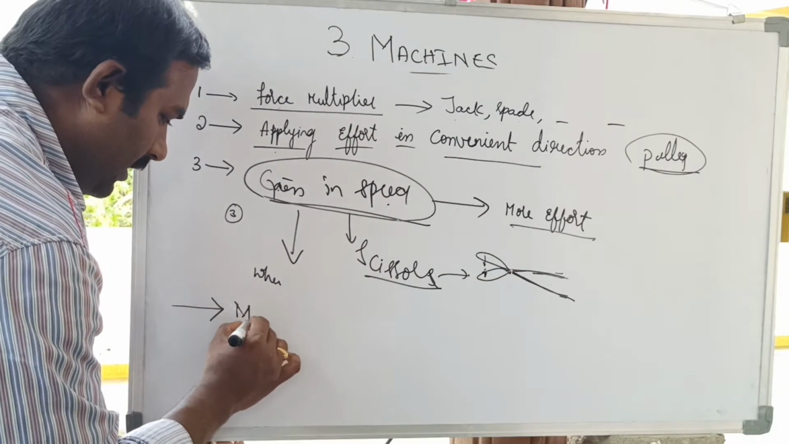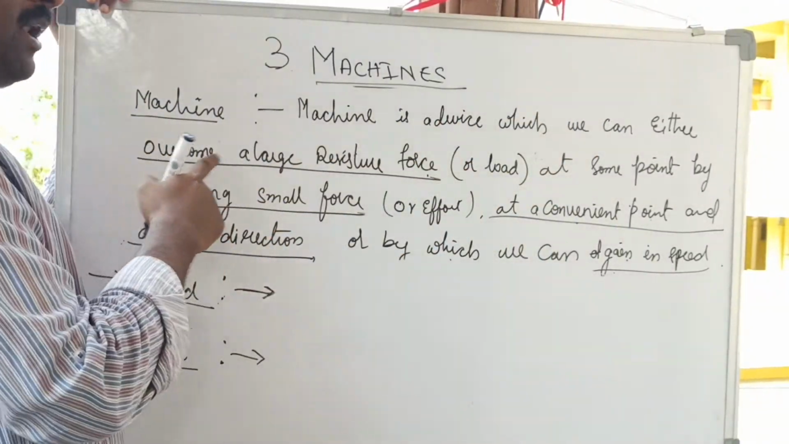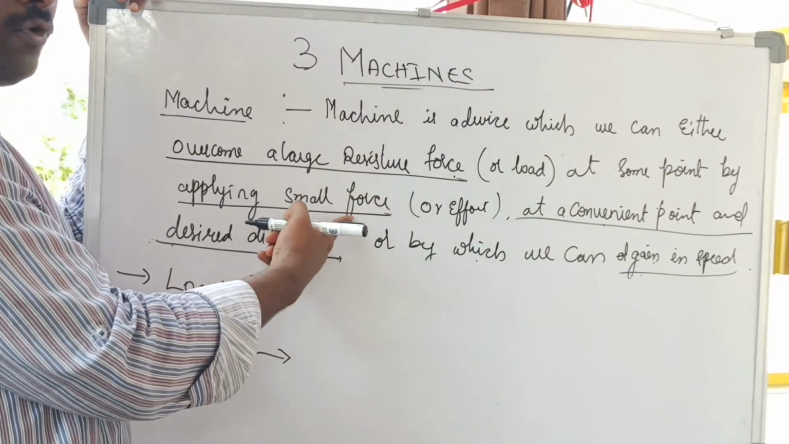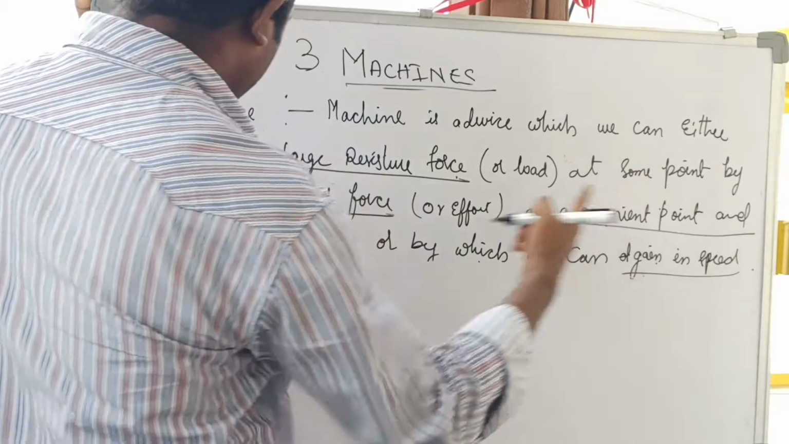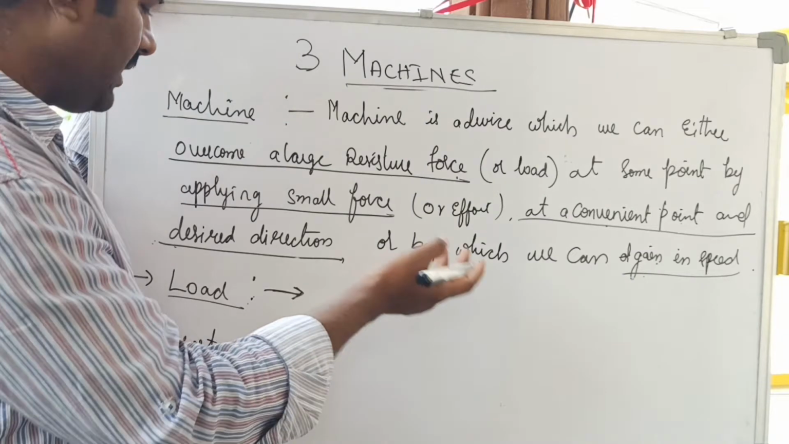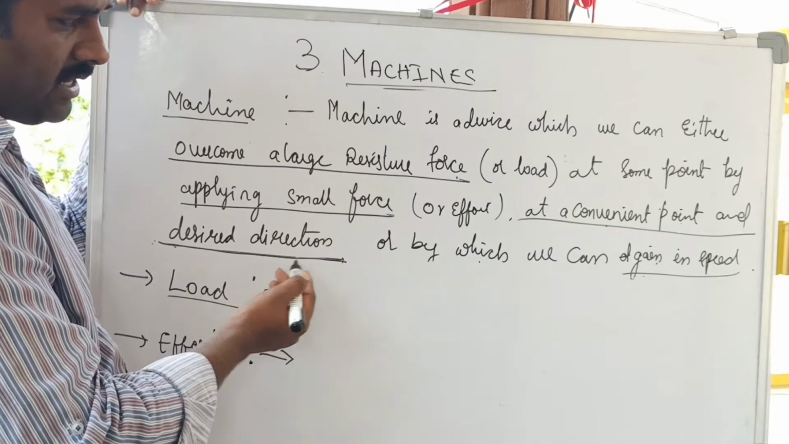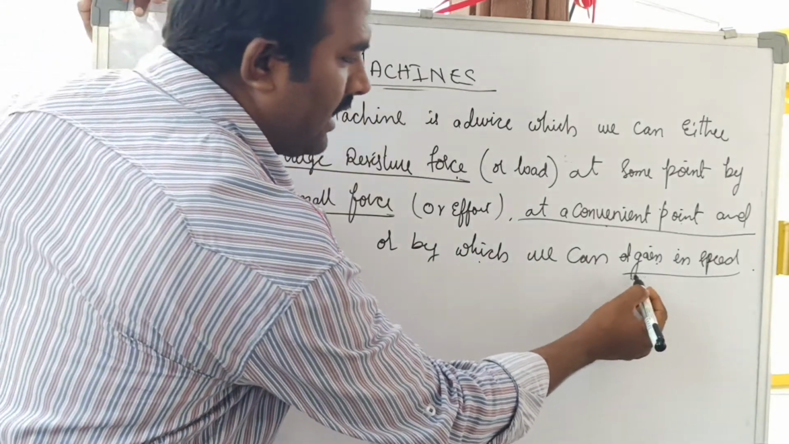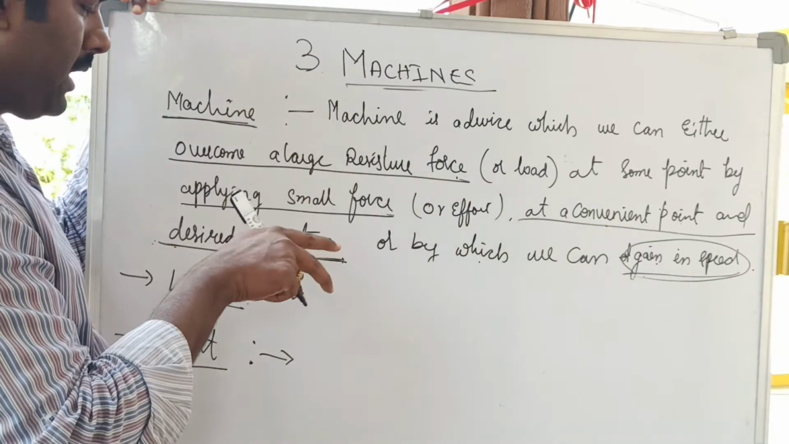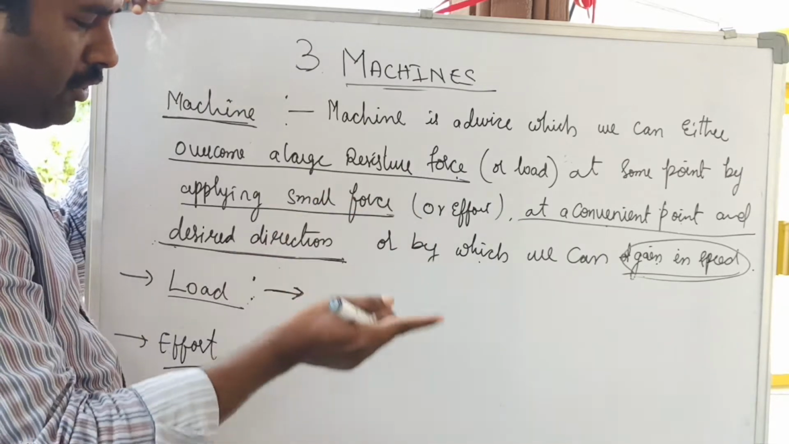So actually, what is a machine? A machine is a device which can overcome a large resistive force at some point by applying a small force. That is nothing but a force multiplier at a convenient point and desired direction. I have said that by using a machine we can change the direction of a force at a convenient point. Otherwise we can change the effort direction. And one more point is we can gain in speed with the help of a machine. Three things it can do: force multiplier, change the direction, or change the effort into the convenient